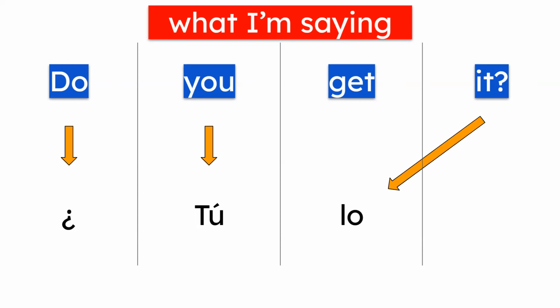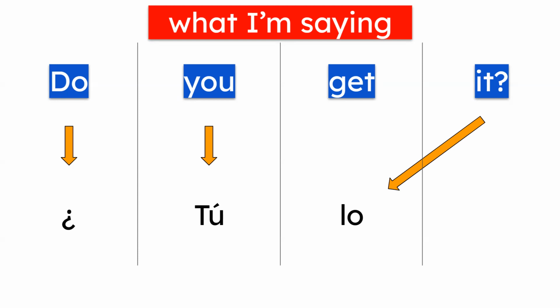Tú lo. And here, well, get is actually a very versatile verb and it has different meanings. In this case, I'm pretty sure that you know that here get means understand, right? Do you understand it? So in Spanish, we make things simple and we just use the verb understand in Spanish. So that would be